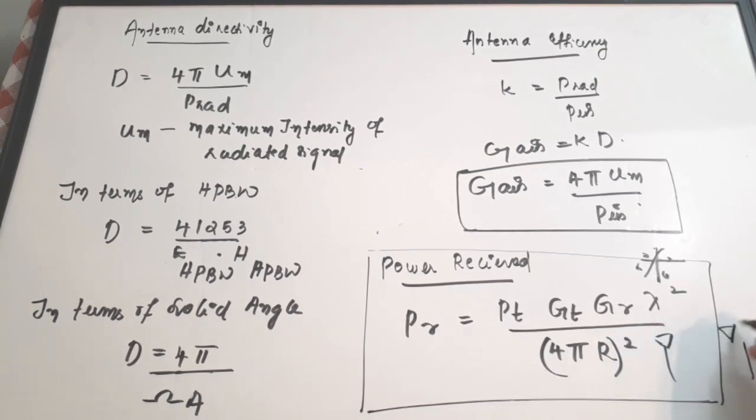So there is a transmitter antenna which is transmitting the signal. Now there is a receiver antenna which is receiving the signal, right? Now the distance between these two is capital R. Okay, I hope this equation is very familiar to you. If not, please make a note of it. Okay, so these are the other important equations.